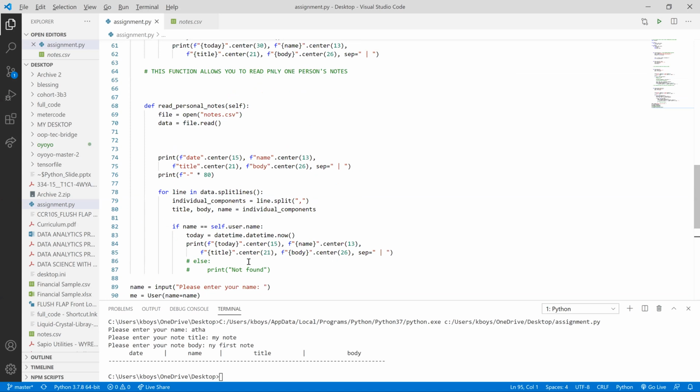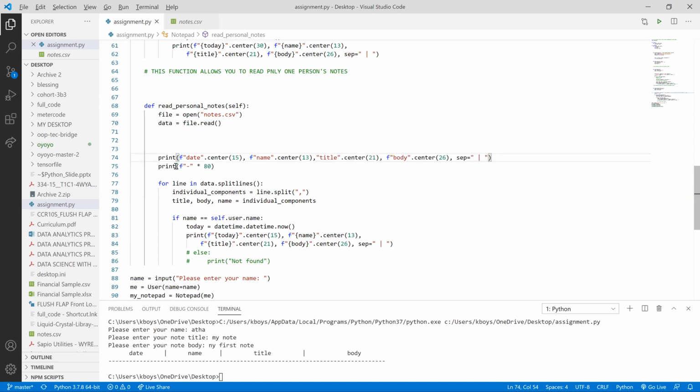Wow, why are we printing? Today name. Okay, F title. Now we have, we said print. Okay, print this one. This one prints the heading. This one prints the underlines. Then this does this. So for this, we have an else statement. I can't find the if statement. But for this, it was supposed to be